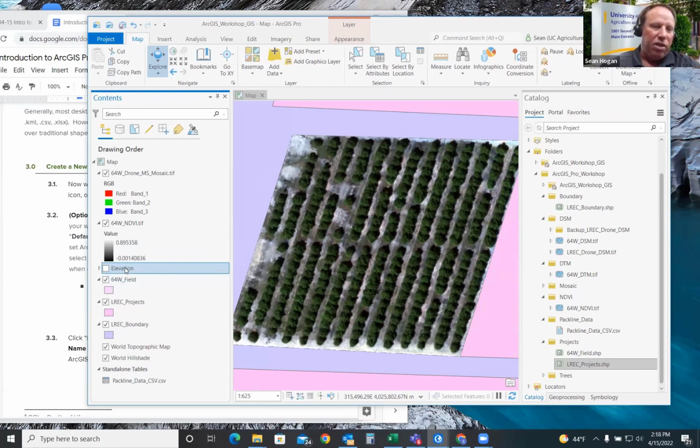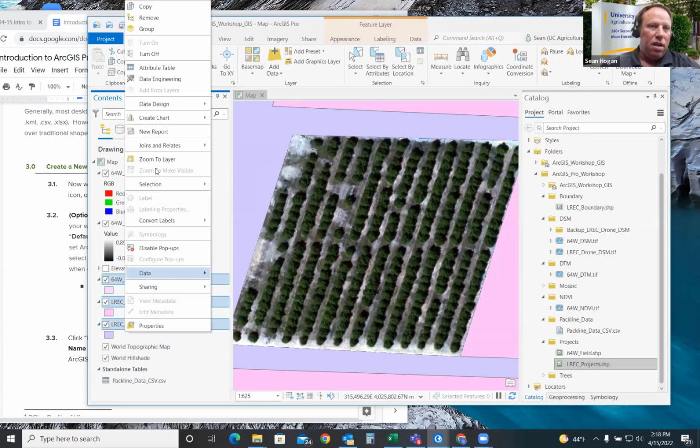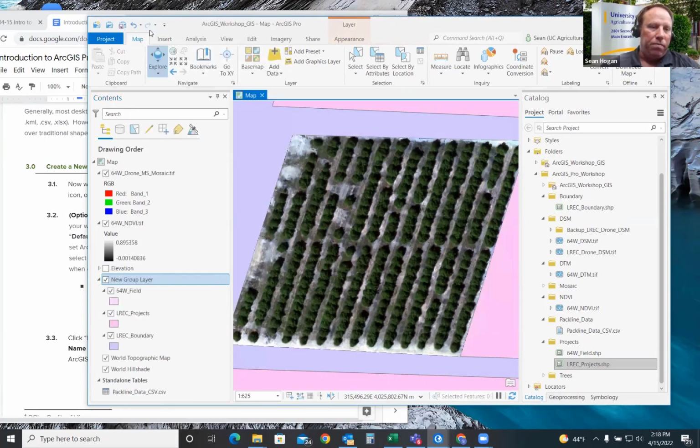Let's do the same thing with our polygon layers. So we have our 64 West field, our LREC projects, and our LREC boundary. Let's add those all to one group by clicking the first one, then pressing Control and clicking the other two, before right-clicking and going up to the top, third from the top, and clicking group.